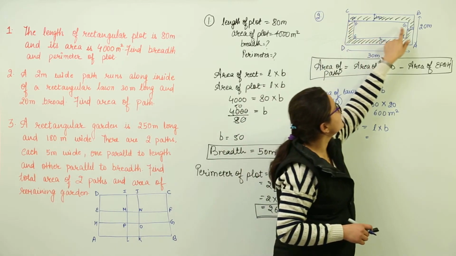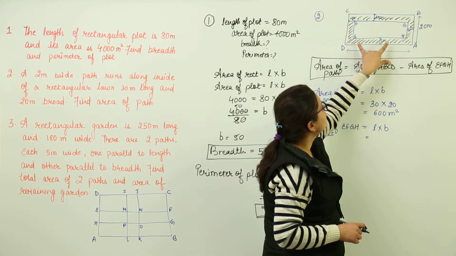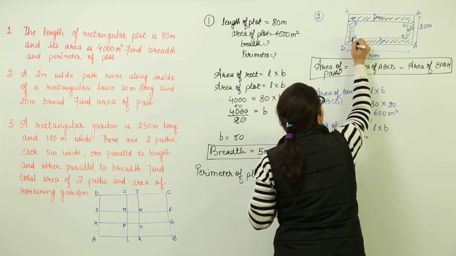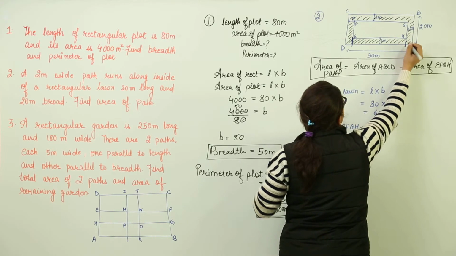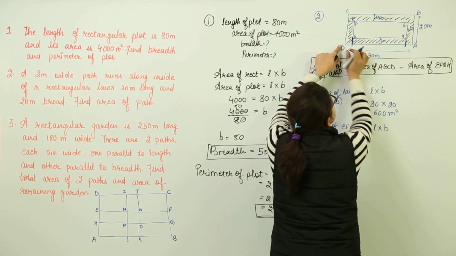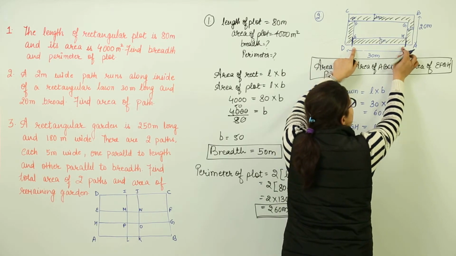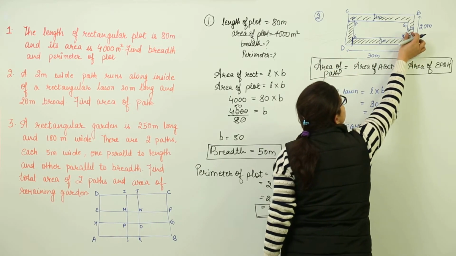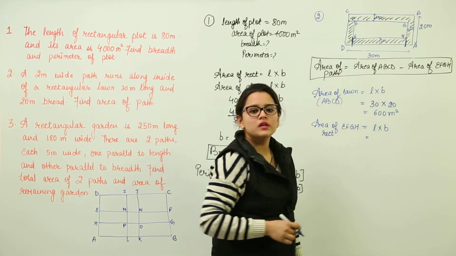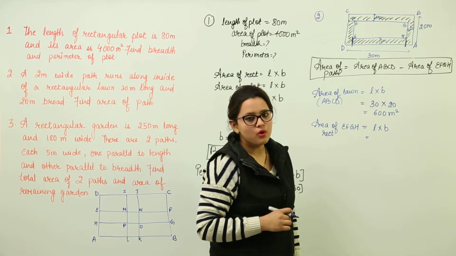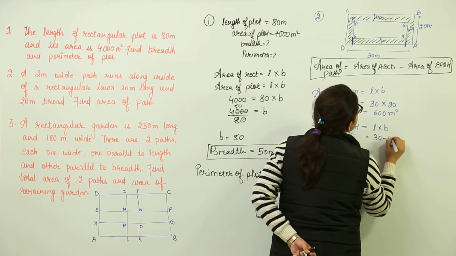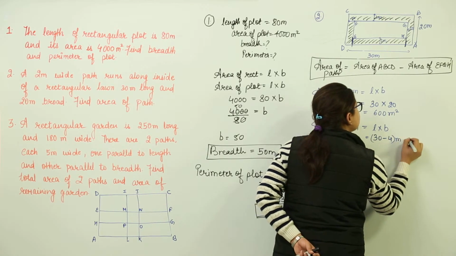The total is how much? 30. You need to find out only from here up till here. So that means out of the total length you will have to subtract this and this. You will be remaining with this much. And how much is this? This is 2 meters and this is 2 meters. So in total, how much are you going to deduct? You are going to deduct 4, right? So the length will be equal to 30 minus 4 meters.